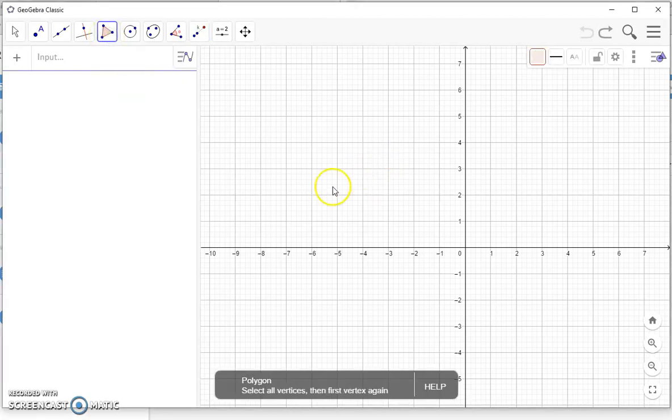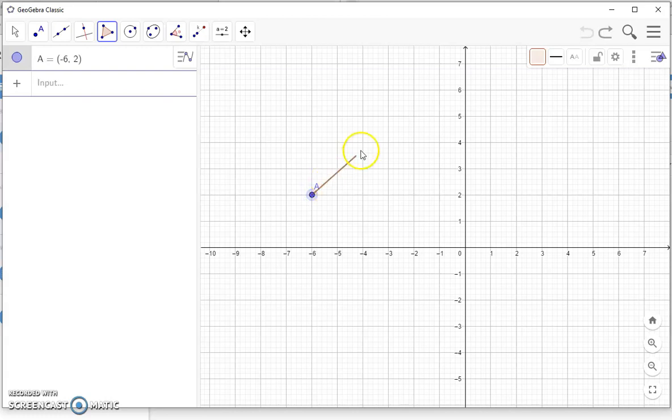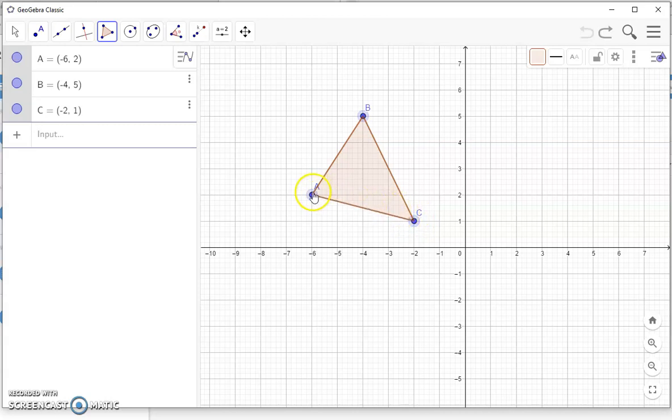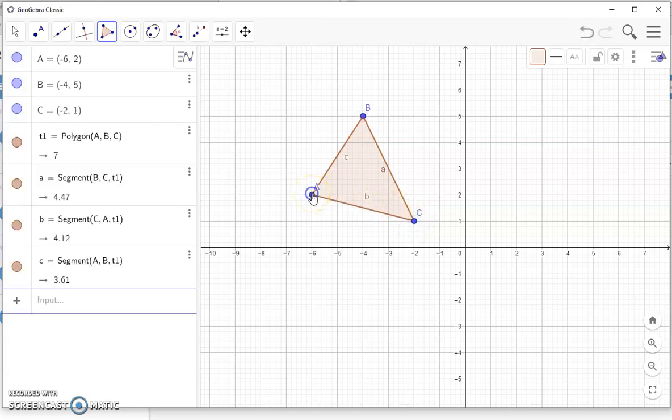So now to do rotation, what we'll do is first select the option from the toolbar and select polygon, and let's draw a triangle here. To draw the triangle, you select 3 points, click here, first point, you select the second point, and suppose this is my third point. Now to complete the polygon, you need to join it back to the original first point. So I got my triangle ABC here, and now I want to rotate this triangle.